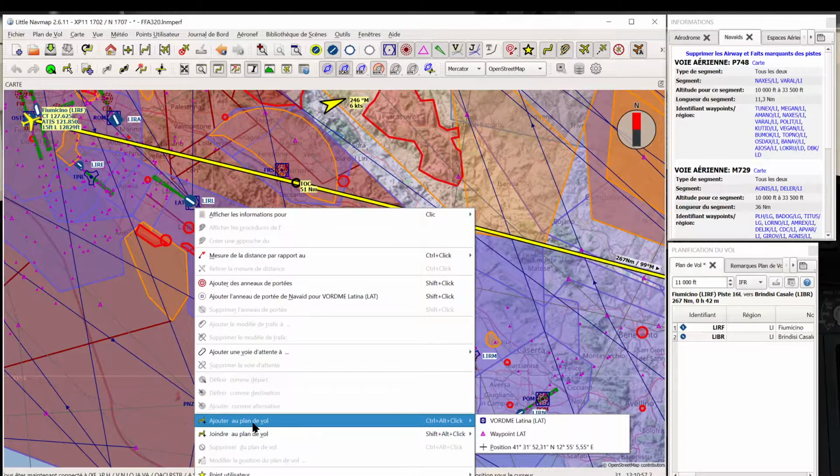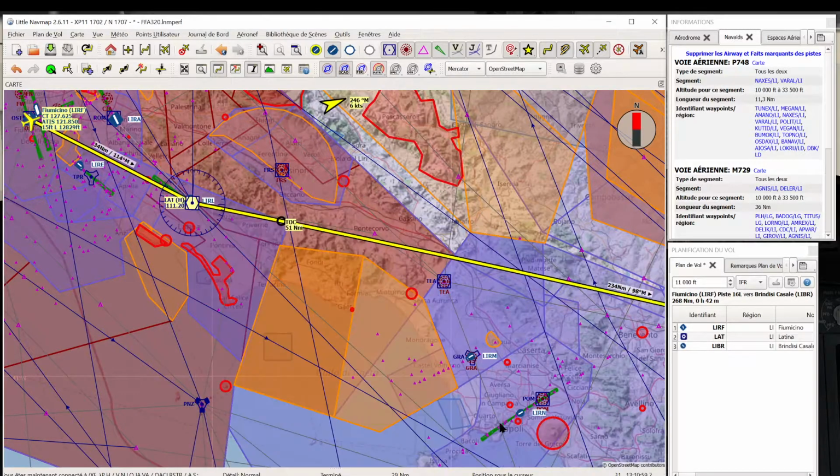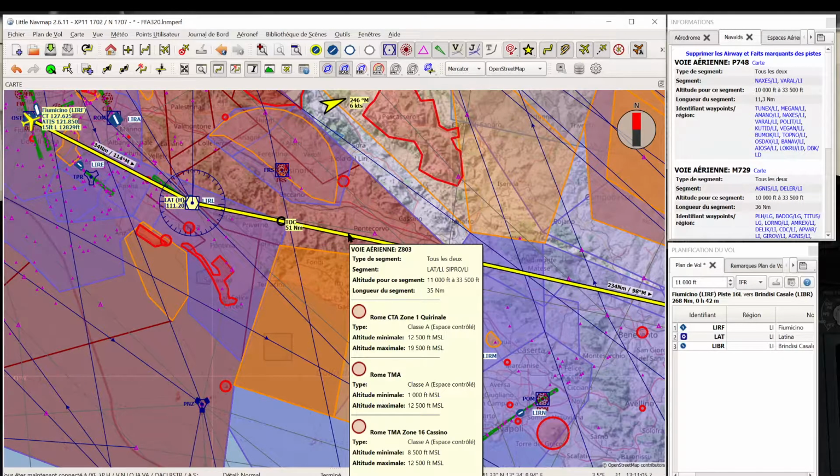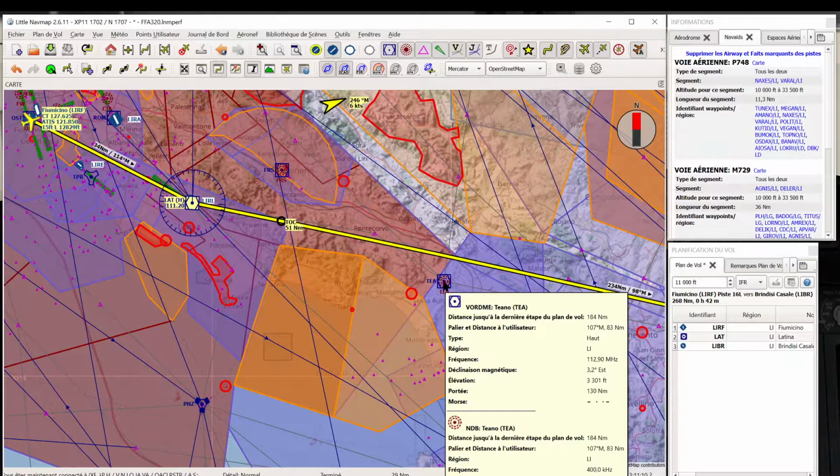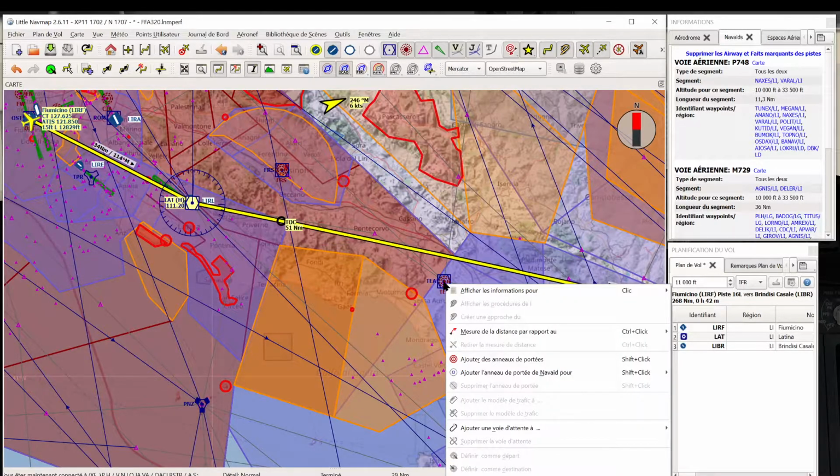Let's add this to the flight plan, and then there is no real airway. We need to go to Teano, Tango Echo Alpha. We add it to the flight plan,